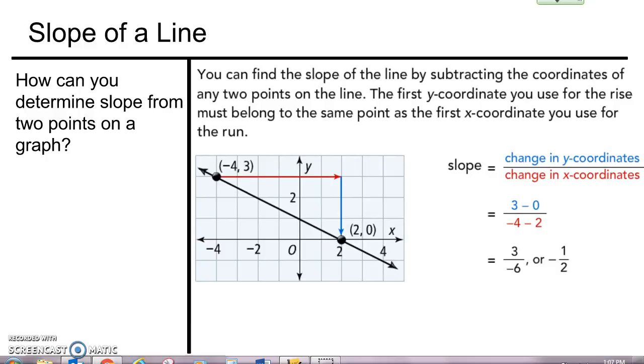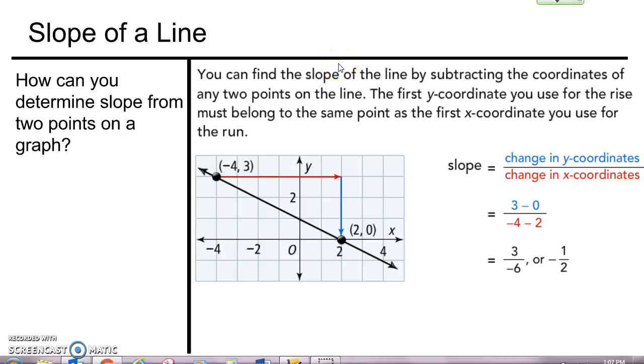Alright, how can you determine slope from 2 points on a graph? You can find the slope of the line by subtracting the coordinates of any 2 points on the line. The first y-coordinate you use for the rise must belong to the same point as the first x-coordinate you use for the run. I'll explain what that means in a second. But what I need you to copy down is this up here and